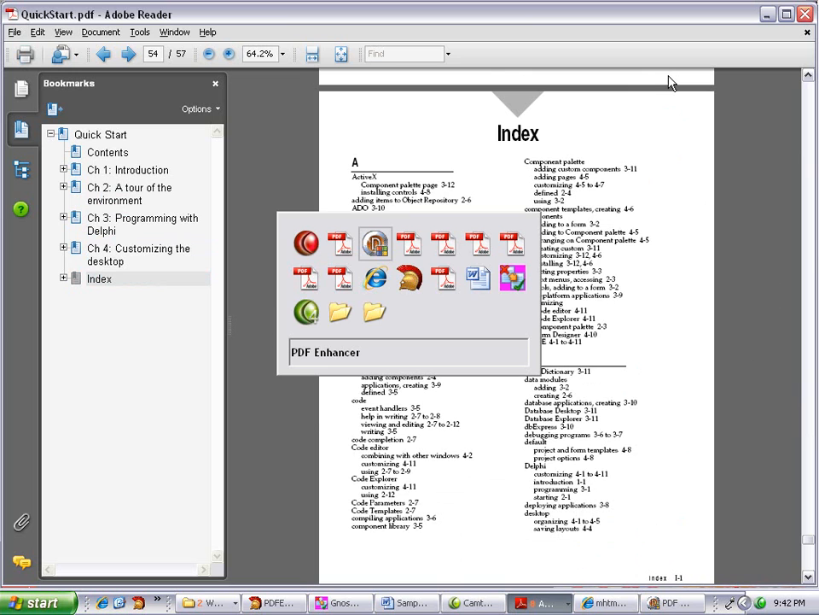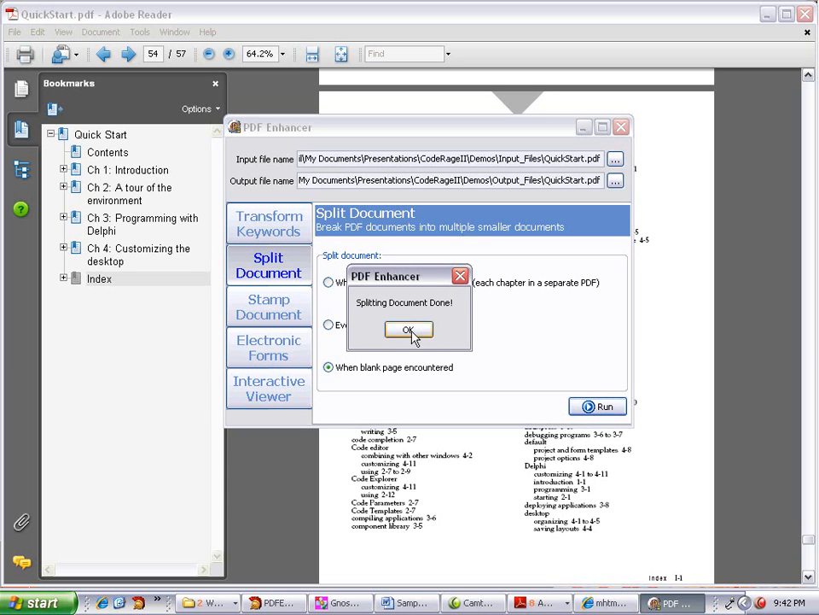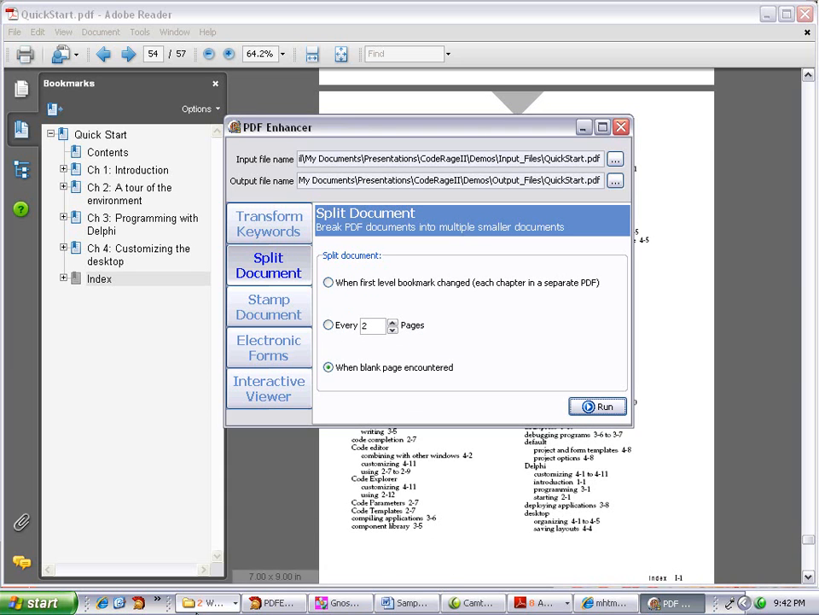Before we see the code for this, let's run another variation of the split demo, which is split when blank page encountered. So let's leave the inputs as they are and run it and see what happens. Again, it's loading up, processing, checking if a page is blank, and then breaking at that page. So it's done it. Now let's go see